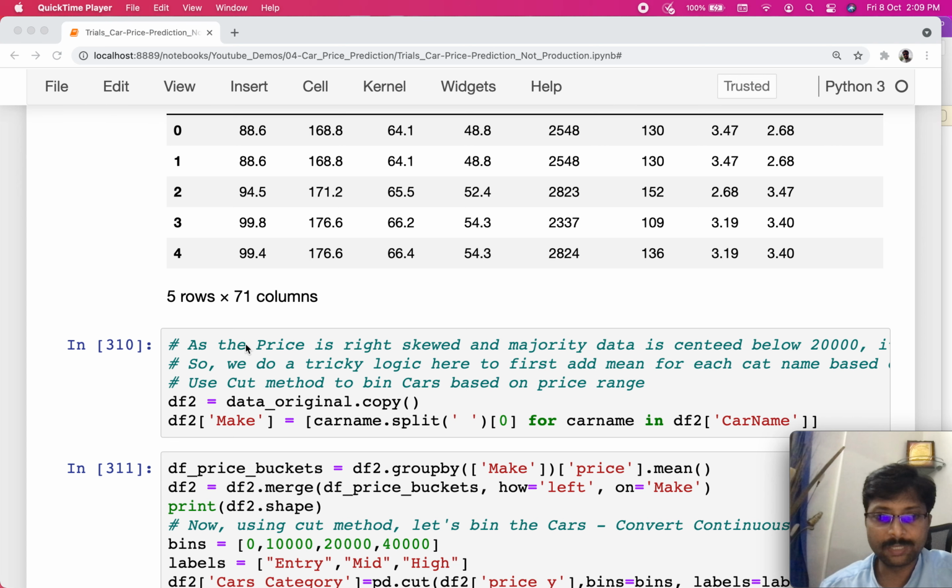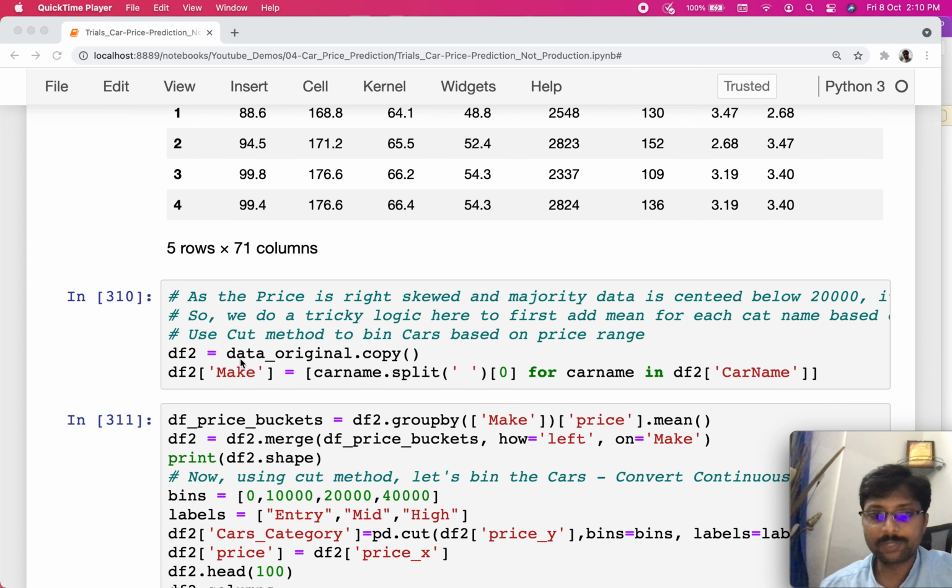So this is what we are doing in this step, right? We are creating a copy of the original data set, just a best practice. We don't want to change the original data set and data frame, sorry, and we will create new data frames whenever we are updating data. So I'm creating that new data frame, and then we are using a list comprehension here to take all the